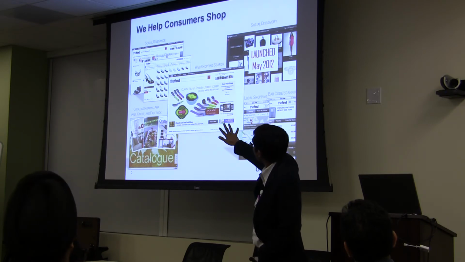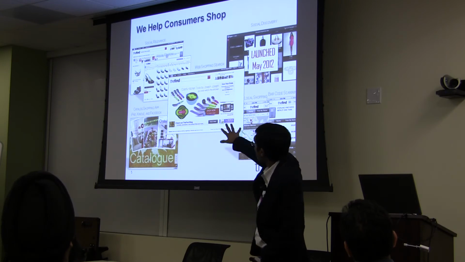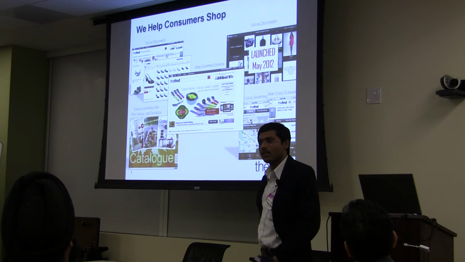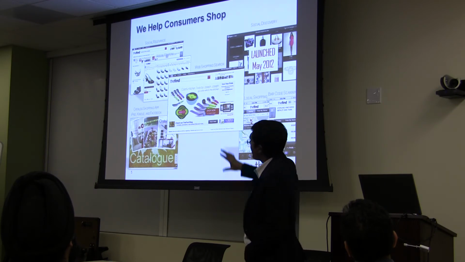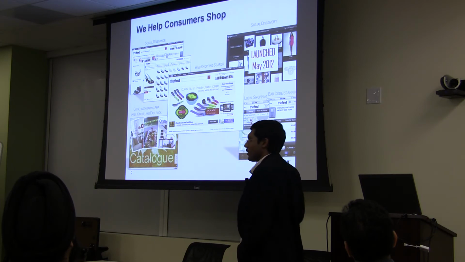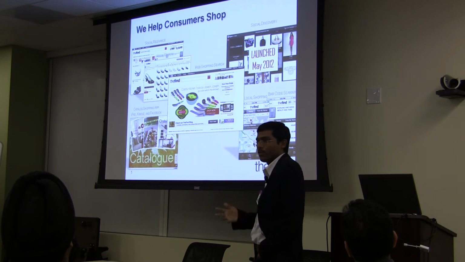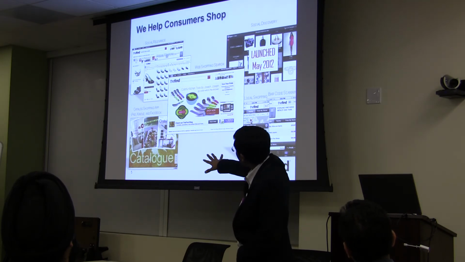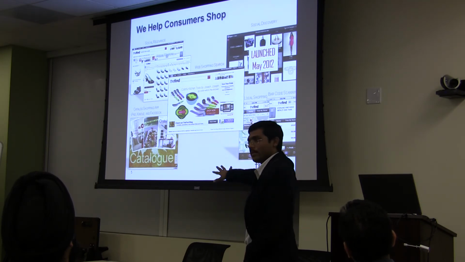On the left top, you see some of the features that we have on the shopping search engine. We do social relevance, which I'll cover in the third part of the talk, and we do visual search, which is a nifty feature that we have for fashion, which users like. On the left bottom, you see a catalog. That is our tablet offering.